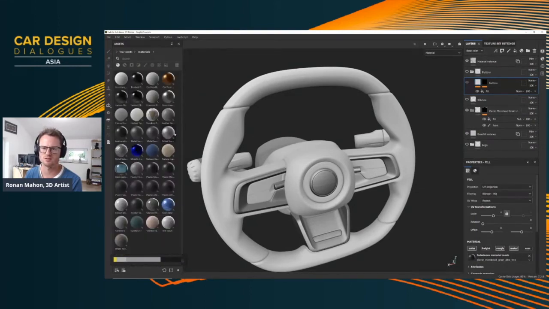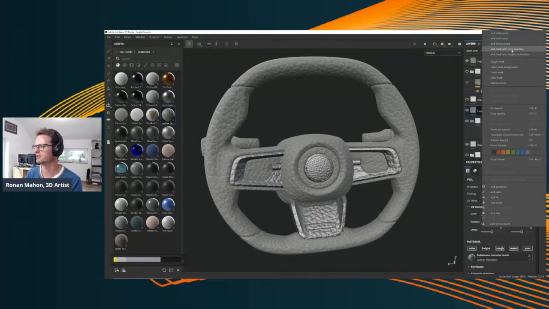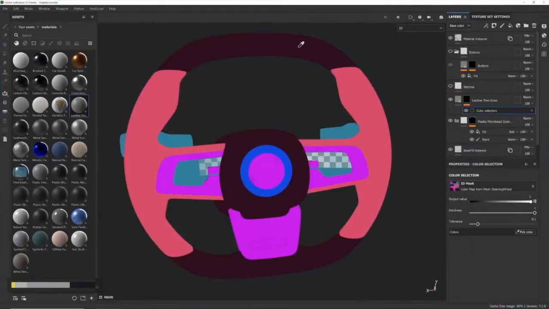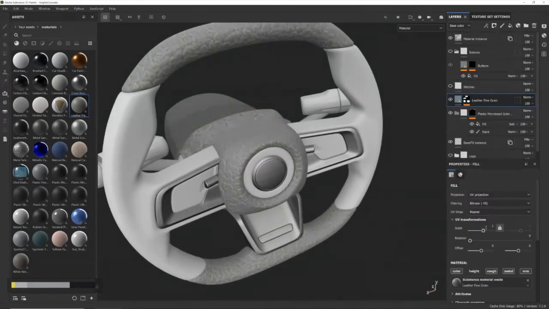I'm just going to make these icons a little smaller, and okay, we've got a fine leather. Just gonna put that on here. Again, I'm going to just limit it to a couple of areas of the steering wheel with the color selection. Okay, and change the scaling.